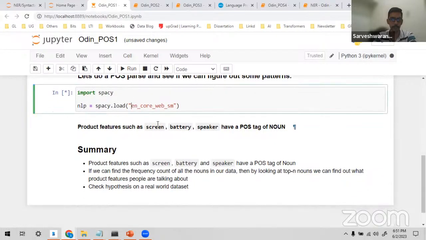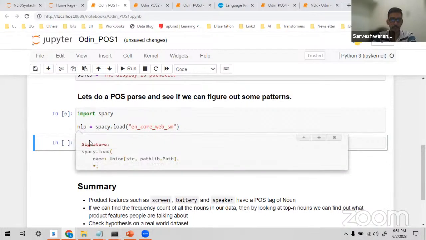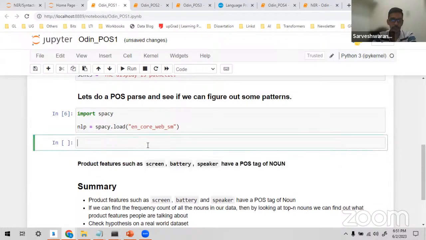It's a very big library that's pre-trained, and I'm saving it inside an object, nlp. As you can see, the star indicates that the cell is still running. It's just loading this big model. Now you can see that it has loaded. Now let me take nlp of sent1.